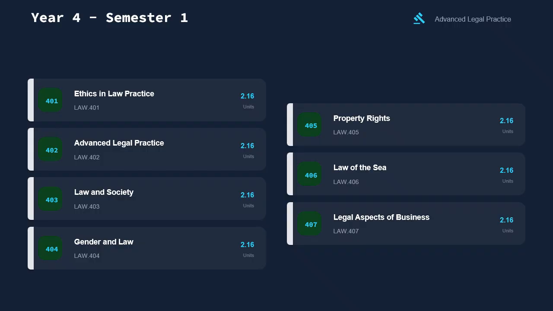Slide 10. Year 4, Semester 1, Advanced Legal Practice. Course Law.403, Law and Society. Foundations of Law and Society, Theoretical Perspectives and Methodologies. 1.1 Law as a Social Institution,